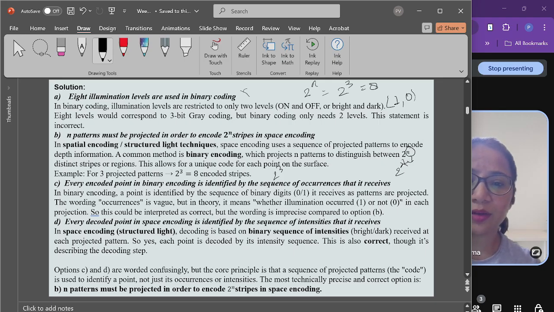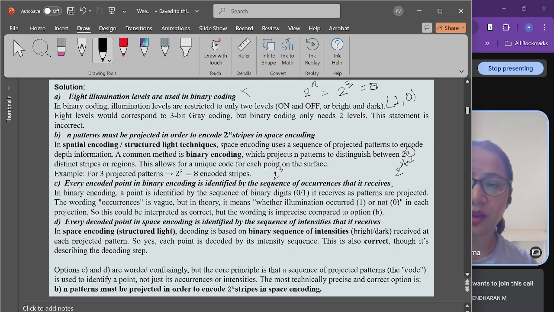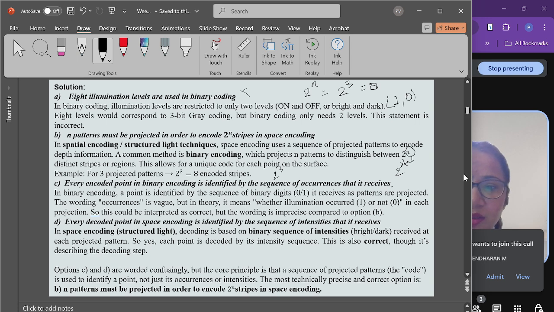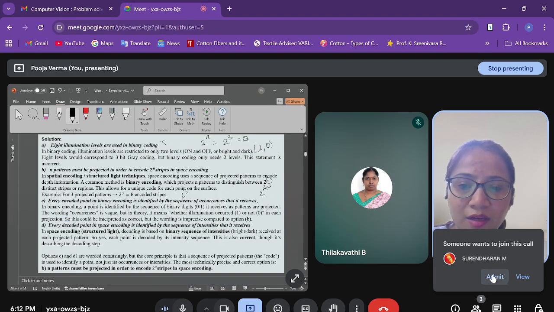So this could be interpreted as correct, but the wording is imprecise compared to option B. It is not precise, and that is why it leads to an incorrect answer. And the next option is: every decoded point